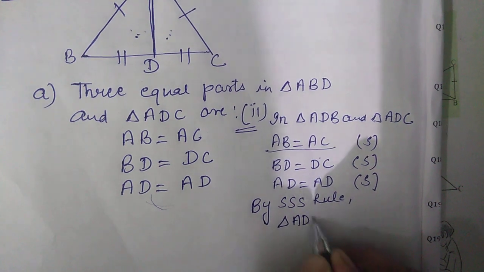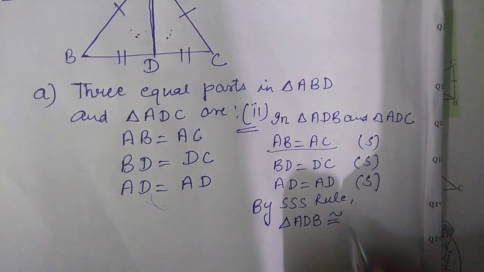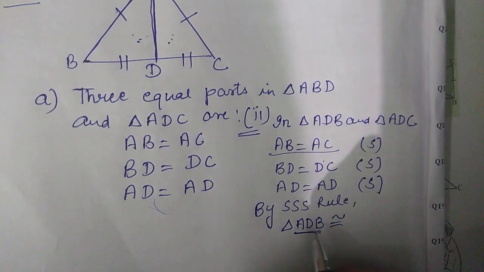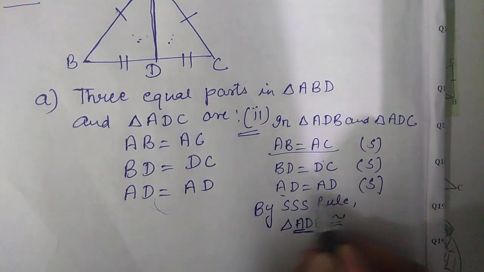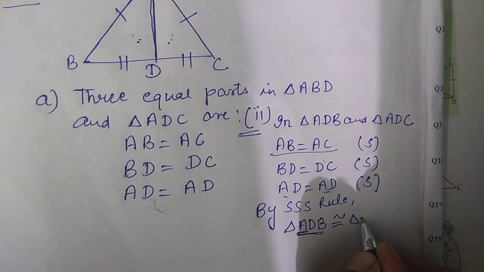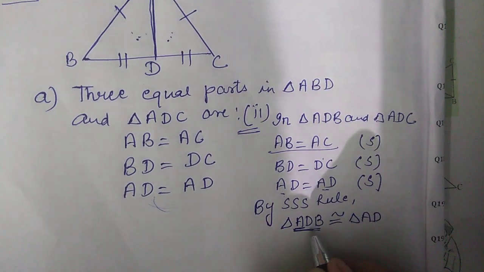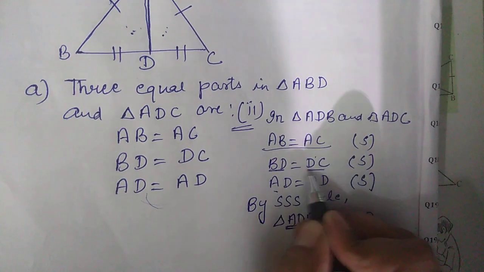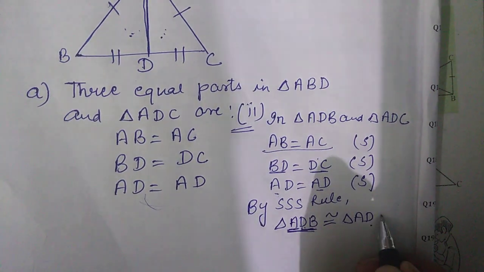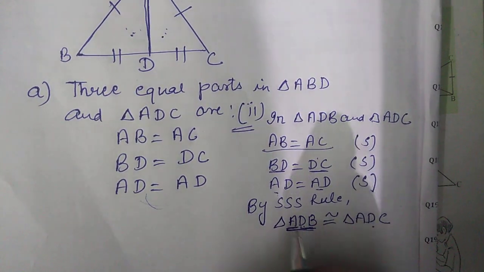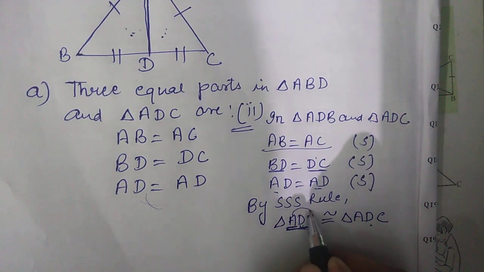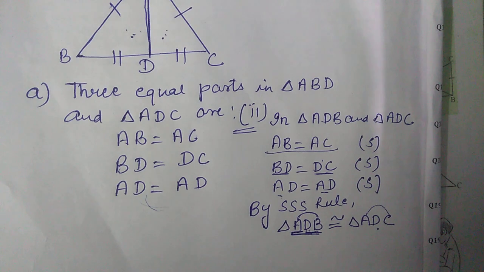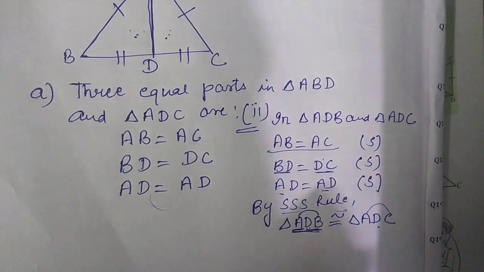First I will write the name of the first triangle in any way. Now come to the second. This is first ADB. So AD is equal to what? AD is equal to AD. So in the first two positions there must be AD. Let us check the second and third. DB. DB is equal to DC. So D is already here, so I will write C. Okay. Now I will check the third remaining side. AB. AB is equal to AC. Yes. So this is the symbolic form. So yes, they are congruent by the SSS rule.